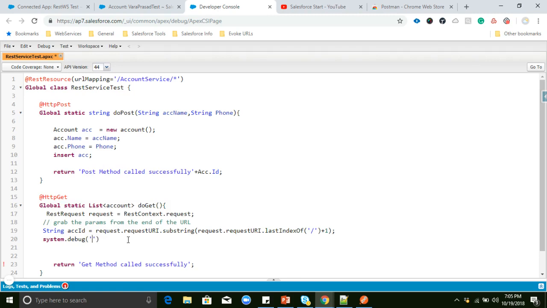So we'll add some debug for test results, and we can query account data.